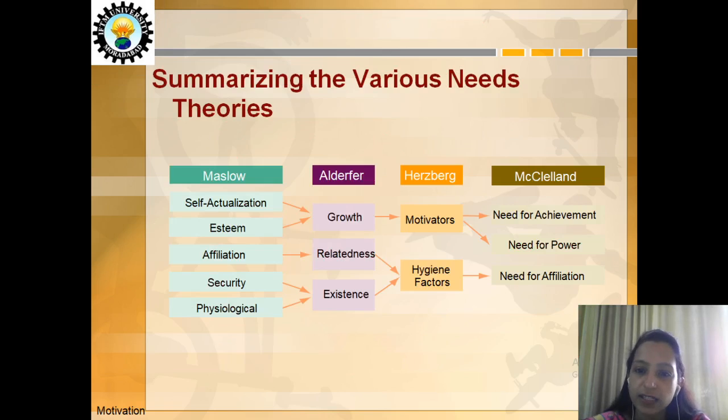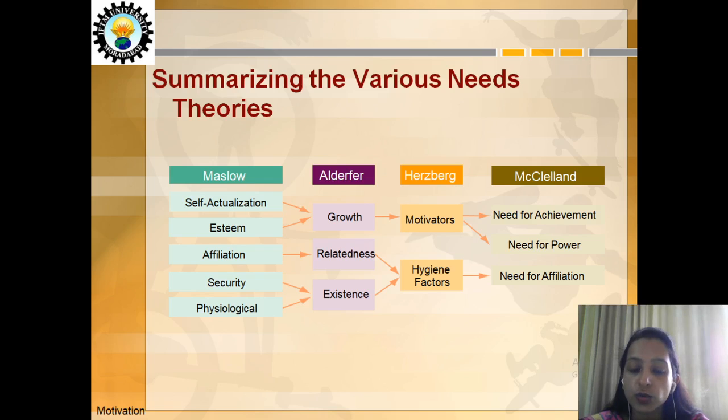Now, summarizing the various needs theories we have studied so far, Maslow has given the hierarchical need theory. Five needs have been given by Maslow: physiological, security, affiliation, esteem, and self-actualization needs, which Alderfer has divided into three core needs, covering physiological and security needs into the existence needs, affiliation into the relatedness needs, and self-actualization and esteem needs comprising the growth needs. Further, Herzberg says that if a person needs to grow, motivators are required to be present,